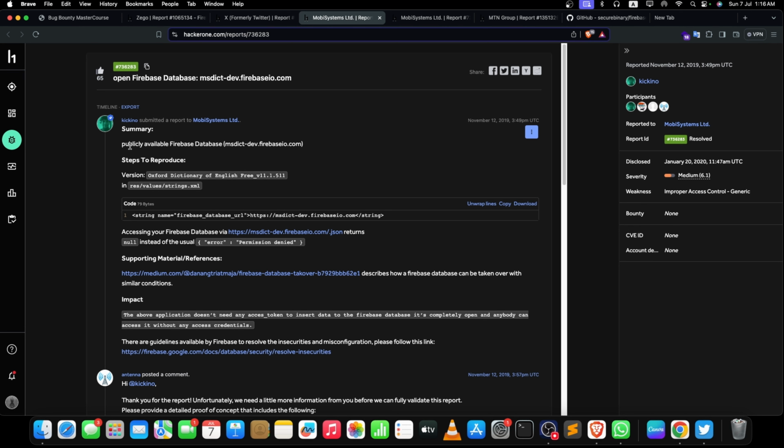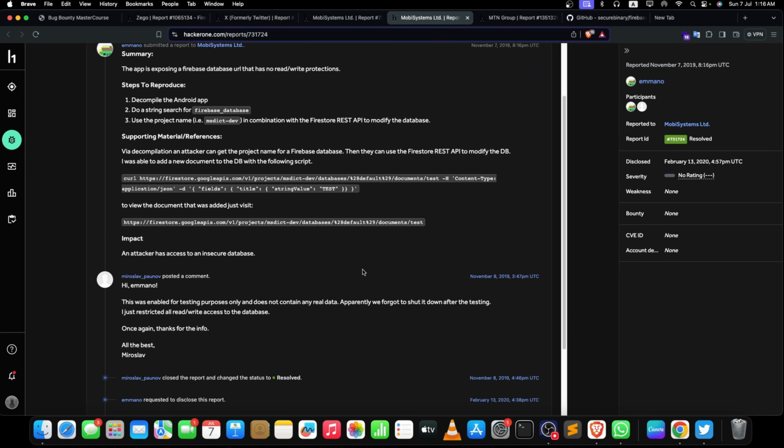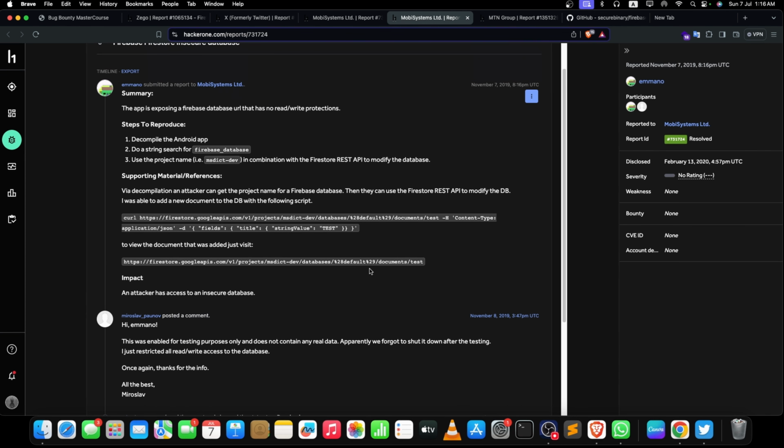Now next thing, a publicly available Firebase database is here, and we can also do the same types of thing on it, and it got trashed on this one. But see, it is only an open Firebase database, nothing like trying to do some things on it. It's just giving us permission denied. One more thing, Mobi Systems, the same, you're just trying to add one more value to it, possibly, and we can make a separate, you can say we can write a document to it.